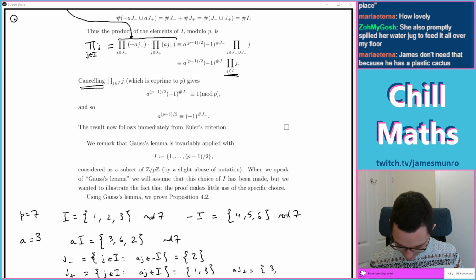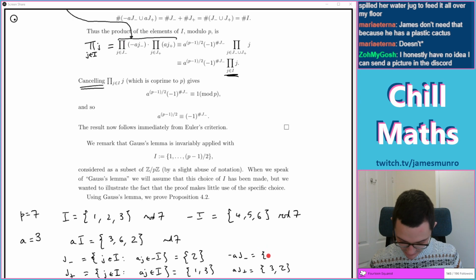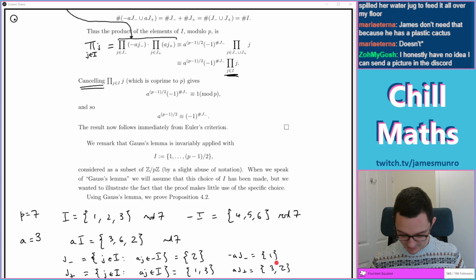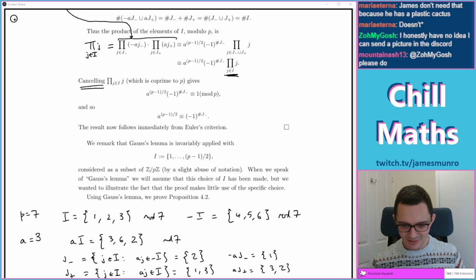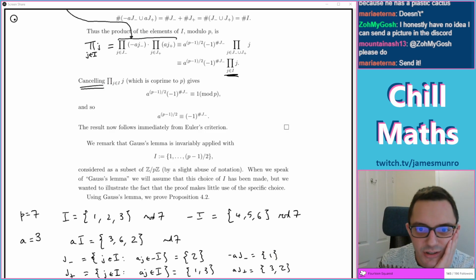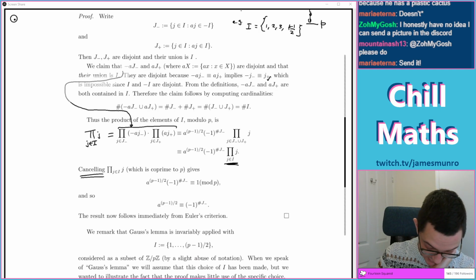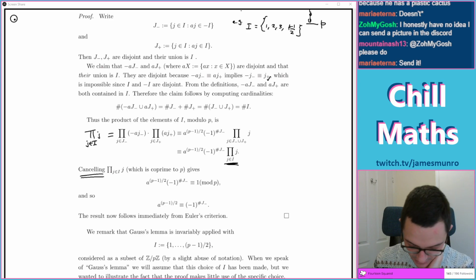If I multiply these things by 3, I get 3, and 3 times 3 is 9, which is 2. That's kind of weird. Minus AJ minus is equal to 3 times 2 is 6, which is... Oh, but there's a minus 1, so it's going to be 1. Okay, so these things give back a kind of different breakdown of I. That's weird. These things put together give you I, but with some stirring. Okay, want to understand that. And then maybe that'll be the last thing I understand. Ever. No, just for today.